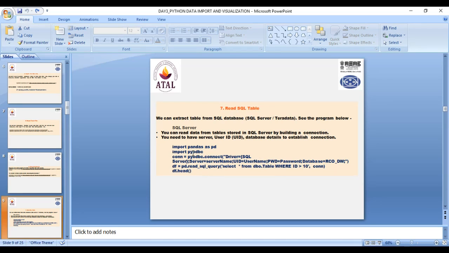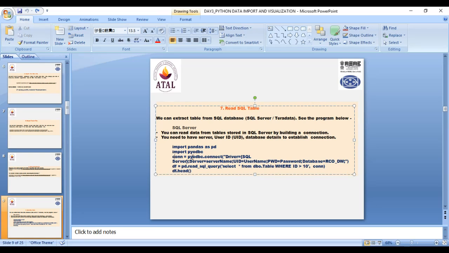Same thing for the connection: first we have to implement the connection through Python's open database connectivity, then connect to the driver. What we are using is SQL, so we have to give the SQL server, or whichever server we are using. You have to give the server name, then the server username and password. After giving the password, it will connect to the particular database.